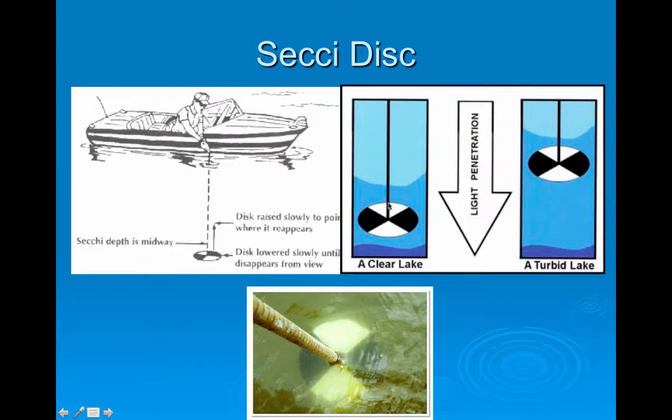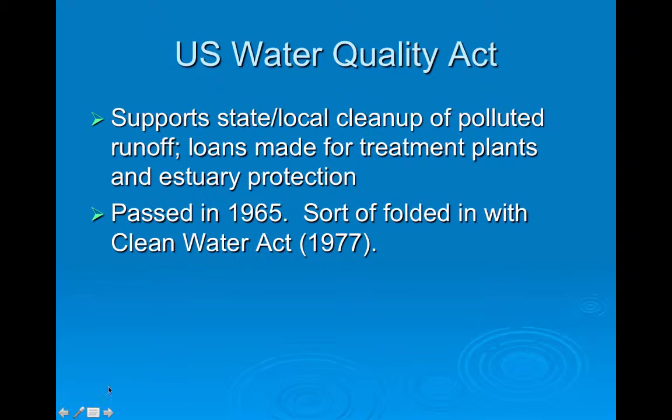A Secchi disc looks exactly like this. Circle, four pie wedges, 2 of the wedges are black, 2 are white. It's on a rope, and you lower it into the water until you cannot tell the black patch from the white patch. You mark how far down you put it, and then you use a graph to produce a Q value that will let you know the turbidity of the water, and then you can use that Q value to calculate water quality index.